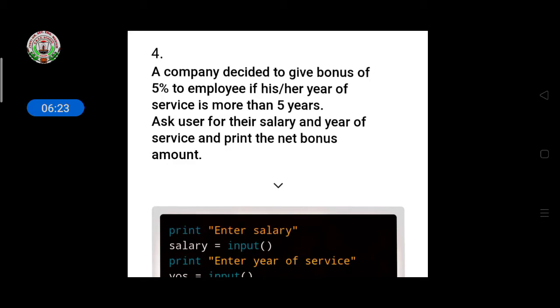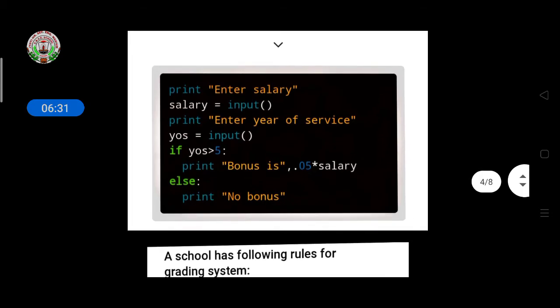So here, ask the user for the salary. First you have to ask the user for their salary, then years of service, and then print the net bonus. So first you ask the salary, then ask how many years the employee has been with the company, and then do the calculation.